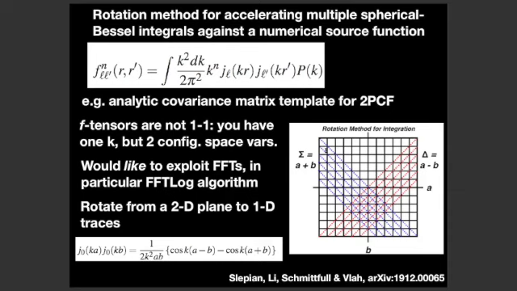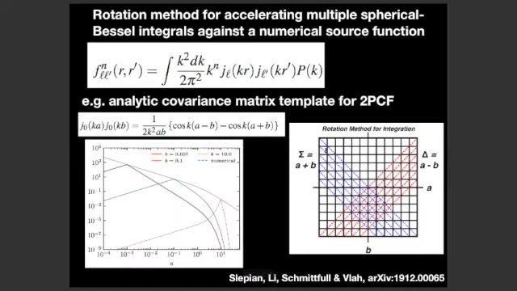And this is a picture, this is the math. This math just says when you multiply out, say, a J0 by a J0, you get a cosine of the sum of frequencies and a cosine of the difference. But now these cosines are one-dimensional in the sum and difference. So you can actually write this integral and this integral when you plug this in as 1D integrals, and you can do this with FFTs. So I won't go through the details.